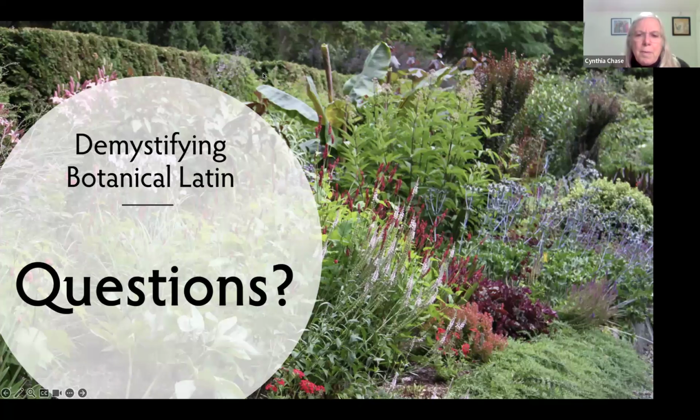Okay. Several people saying how much they appreciated the presentation. Thank you very much. And then a slide showed a name with cross Williamsii. Where did the name Williamsii come from? It wasn't one of the two species crossed. So when you cross two species, you don't have to take either part of their name to make that new cross. The name Williams comes from the